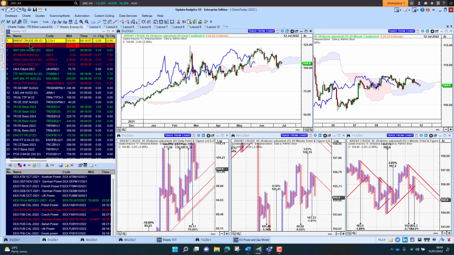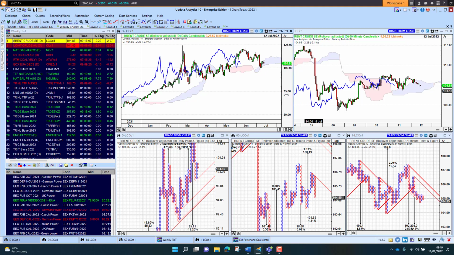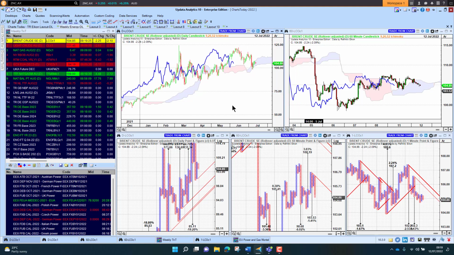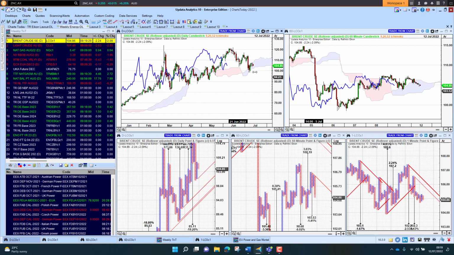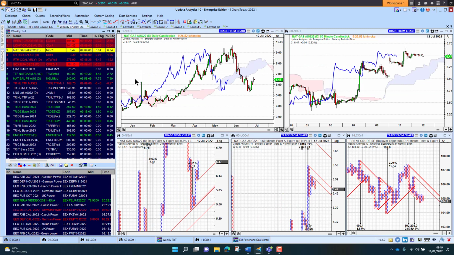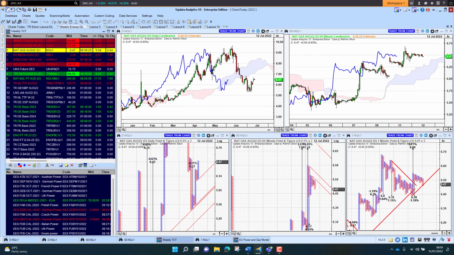The energy mix, we've got Brent crude this morning. We put our energy report out to clients, of course, and just looking at the energy mix there on Brent crude, we've got the uptrend still very much in trade and finding cloud support. Back through on the 60-minute, we were neutral in our report out to clients this morning. Looking at US nat gas, again we were neutral here. Do seem to have found a floor at around that 550 level, so that's looking pretty good for the mix there.